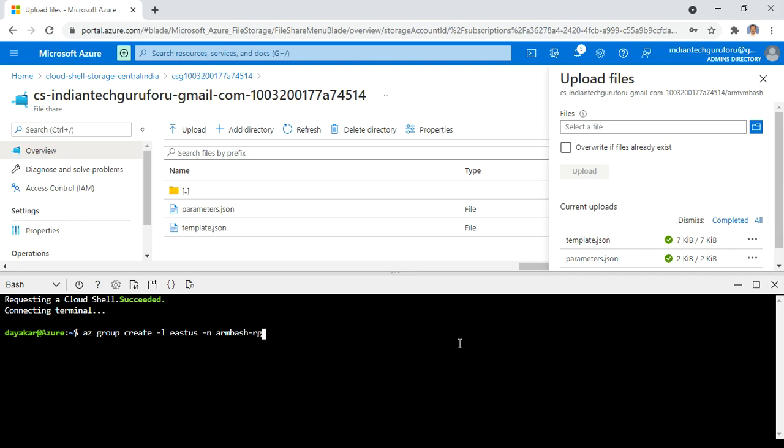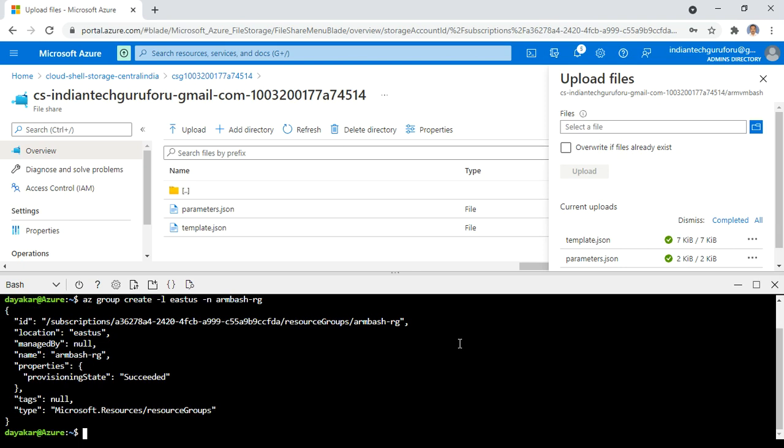Using this command I am going to create a resource group. The resource group was successfully created.